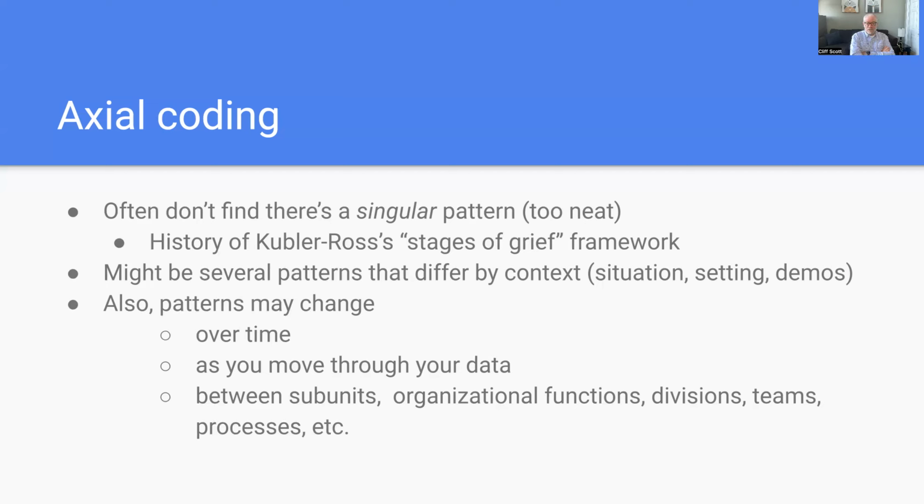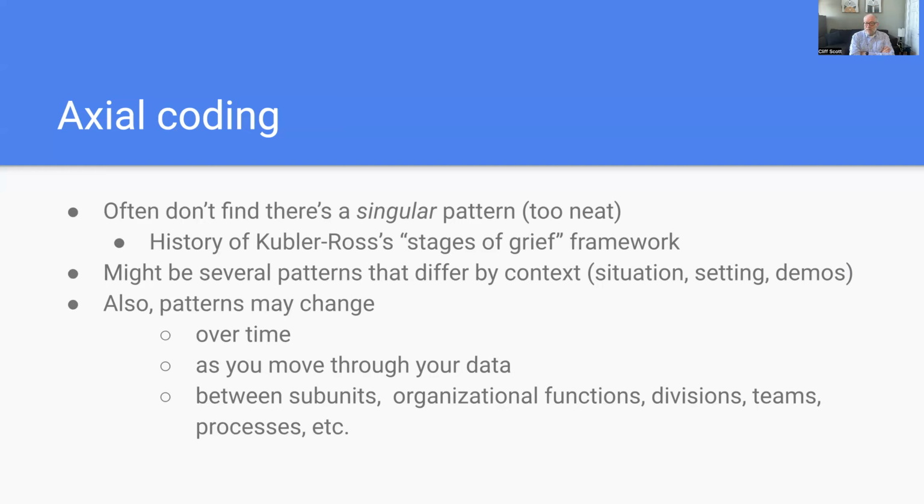Eventually, there's now a consensus that people don't roll through the stages of grief in the same linear pattern. People may hop around from stage to stage. People may begin with denial and then end up with anger and then go back to being in denial again. And so,